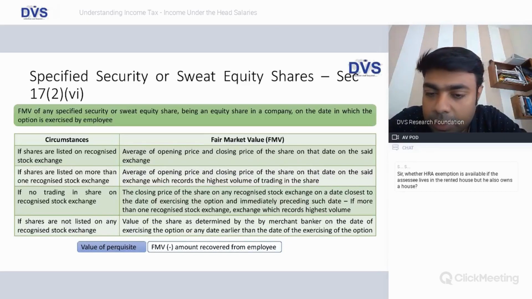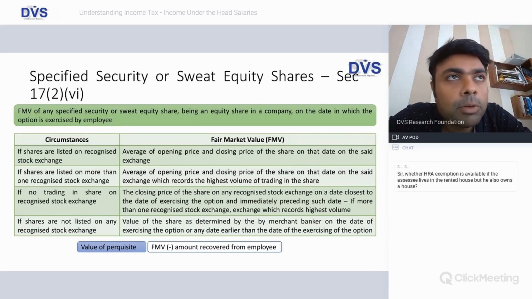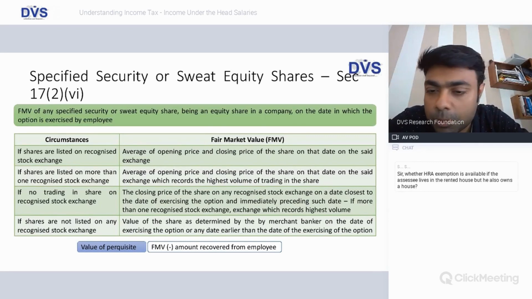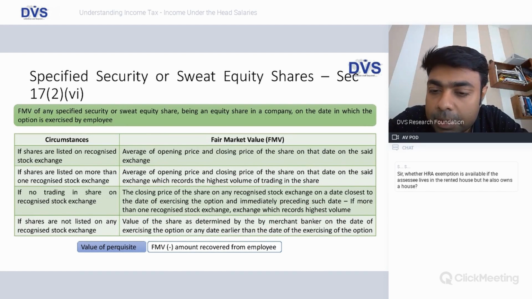What is relevant as far as income tax is concerned? The date on which he actually exercises this right, that's when this income gets subject to tax. Because that's when the option is exercised and the assessee is expected to pay tax on that money. Now, what is the amount? Let us say on the date of exercise, the market value of the share is 1,200 and he gets to buy the share at 100 rupees. The difference between these two will now be subject to tax. So, this 1,100 will be subject to tax.